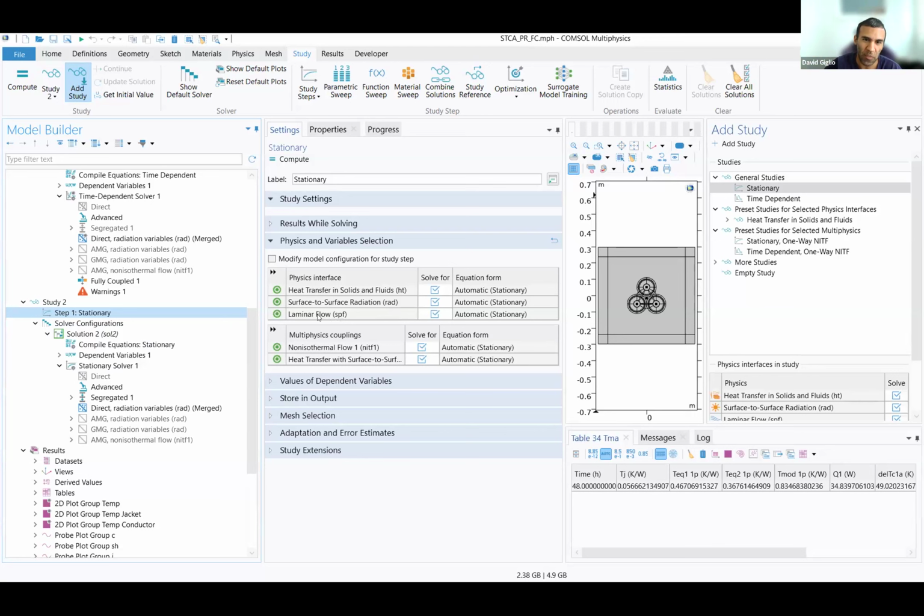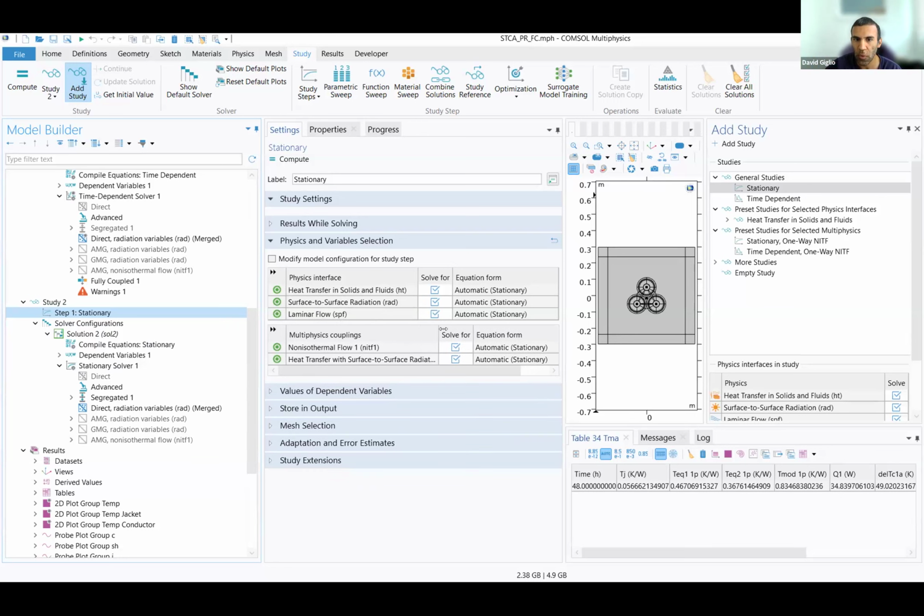In this case, a lot of times this is laminar flow. See, convection is very complicated, right? So I could turn off laminar flow, and I would see that the heat transfer and solid surface radiation converge easily, right? Then I know for sure, okay, it's definitely laminar flow that's complicated, right? So you could uncheck one by one, and you could troubleshoot and narrow down which physics you need to modify or